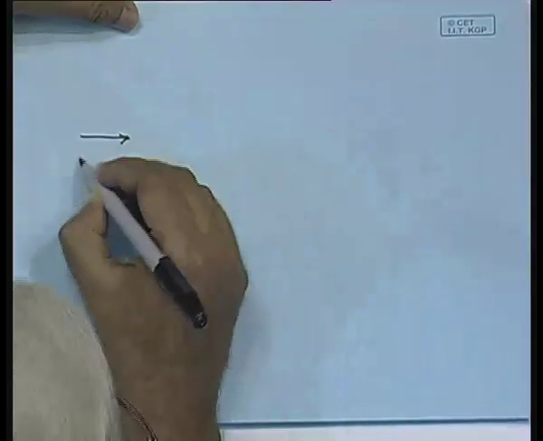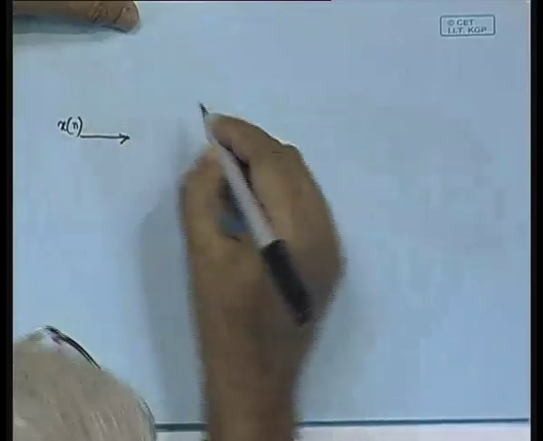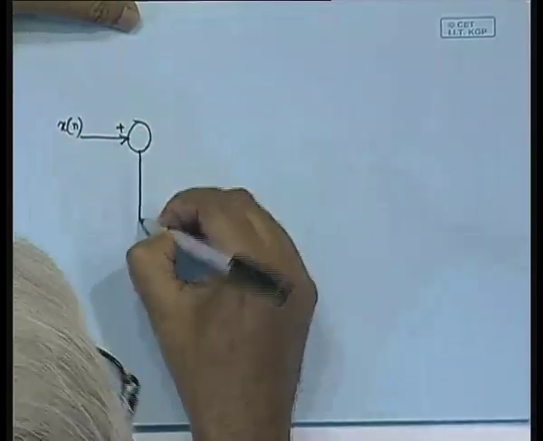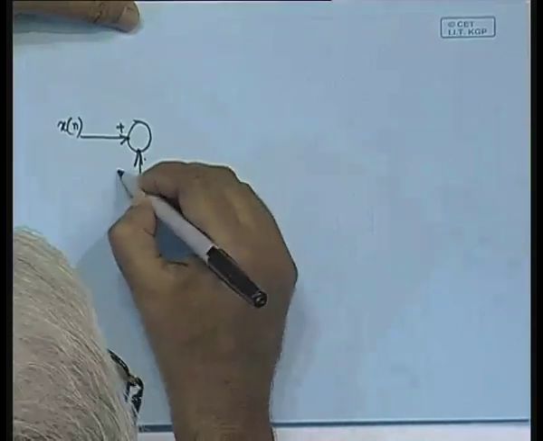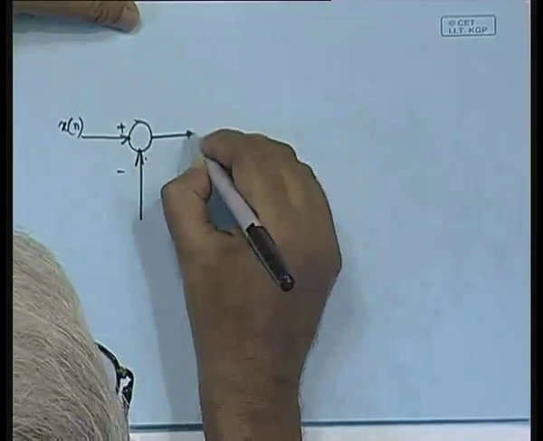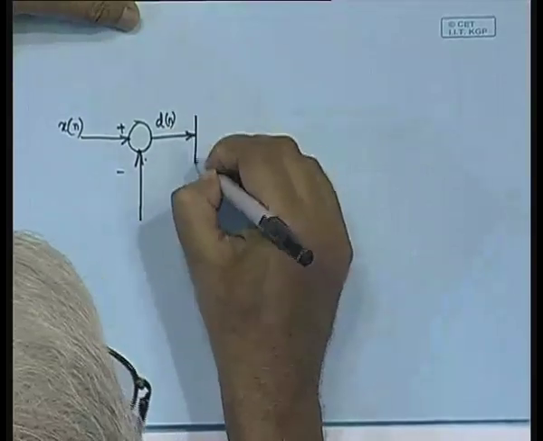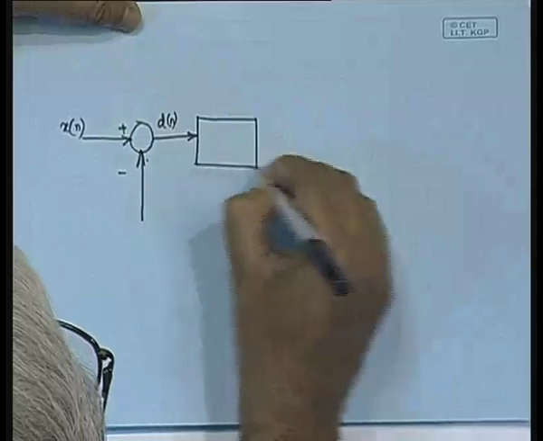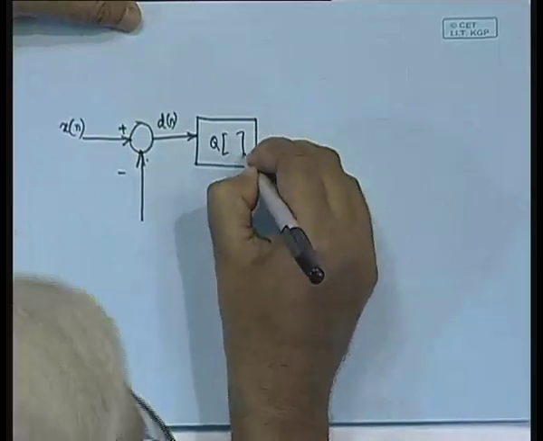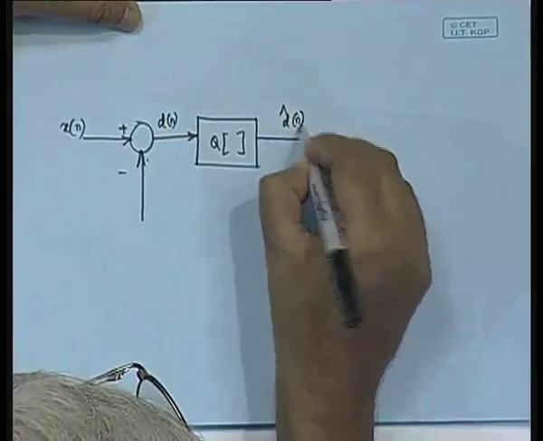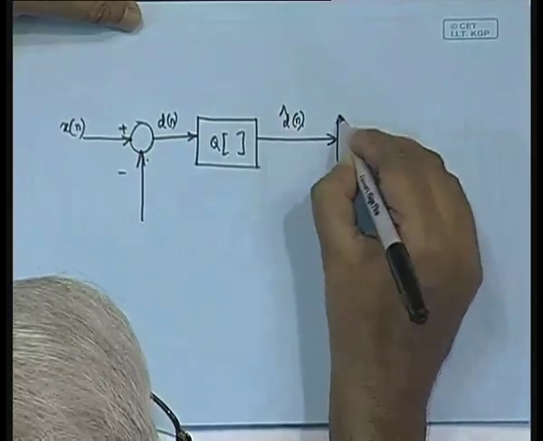So, it should be a block diagram like this, where x of n is the input, and here we are going to have d of n, that is to say the differential signal, and then the quantizer Q, and here we get d cap of n, the encoder,